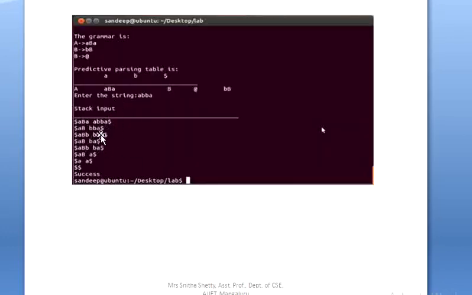Here the input begins with ABBA dollar, and on the stack I have not inserted the starting symbol. So I am not printing it directly; A, you can print it here. That means you can add it in the statement. So ABA. Next time, same thing, you can finally get dollar, success. So this is the output for program 3.